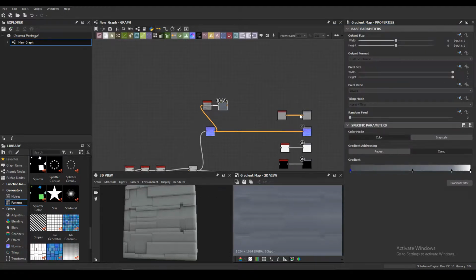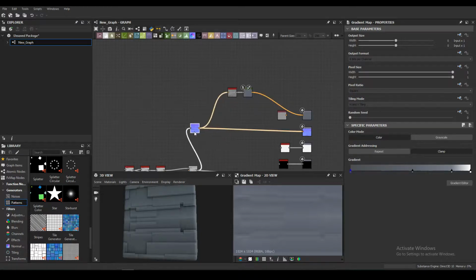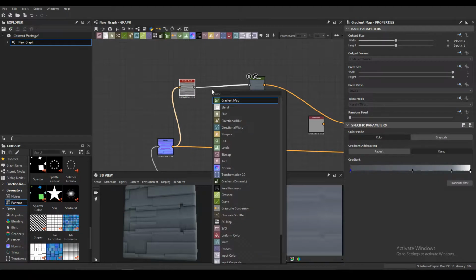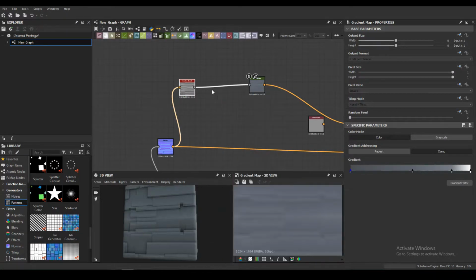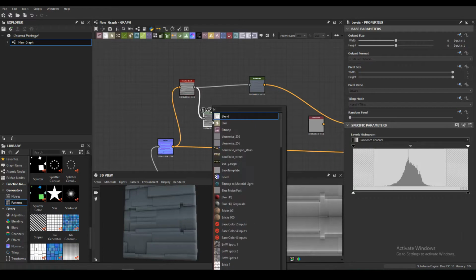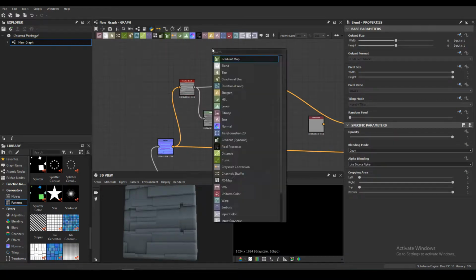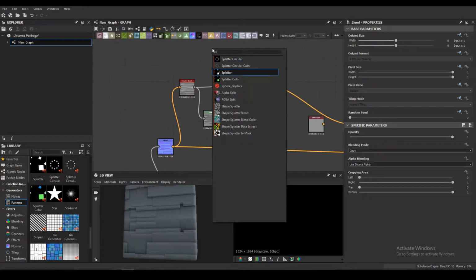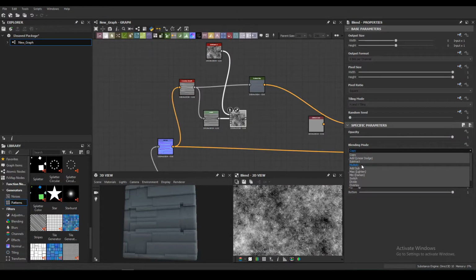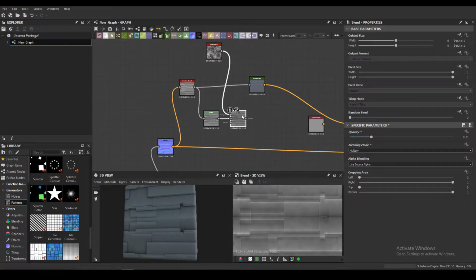Let me connect here. And a very important step is to create our metallic map. To make this, just connect in our curvature and I will invert this and blend back with the spots too. Let me connect right here. And I will